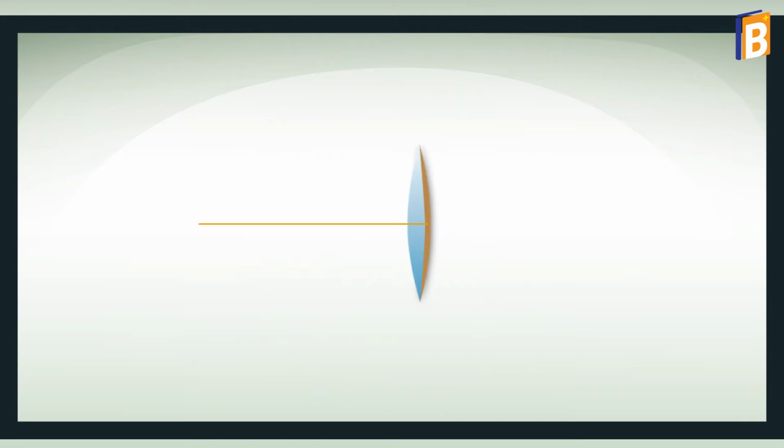Now let's understand some of the terms of the spherical mirror which help during the reflection of light. Let's take a spherical mirror. This spherical mirror is made from a sphere, so there will be some center. The center C is known as the center of curvature of this spherical mirror. Now the line passing through this center of curvature and intersecting the spherical mirror at point P, this point P is known as the pole.